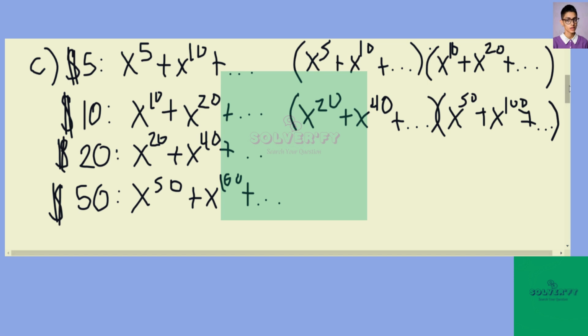And before we do this, one way to simplify this expression is to first factor out x to the 5th, x to the 10th, x to the 20th, and x to the 50th. This gives us x to the 50 plus 20 plus 10 plus 5, which is x to the 85. And then, after we've done that,